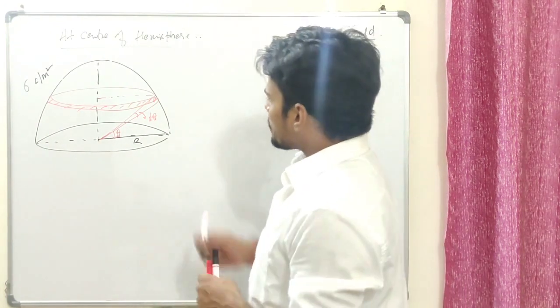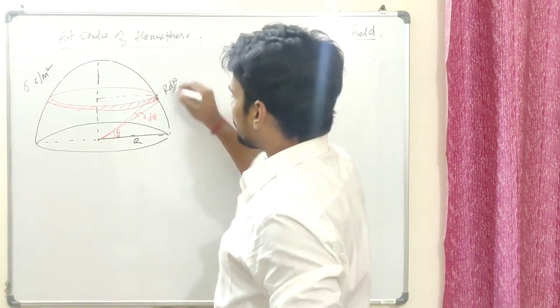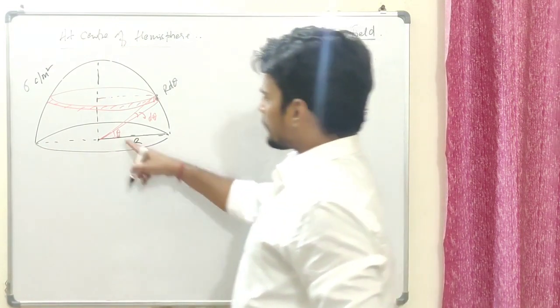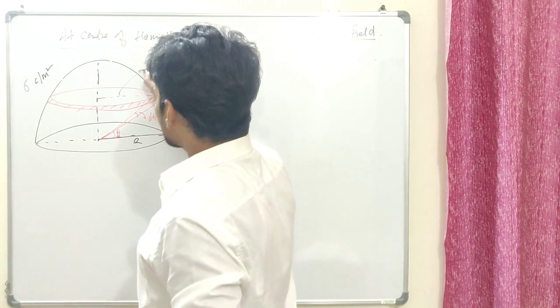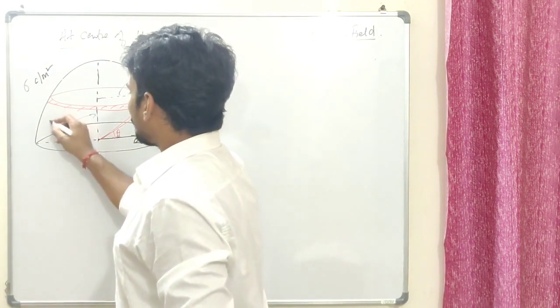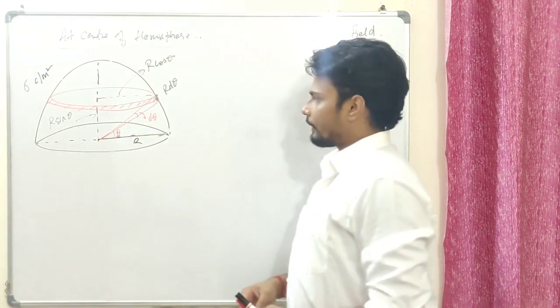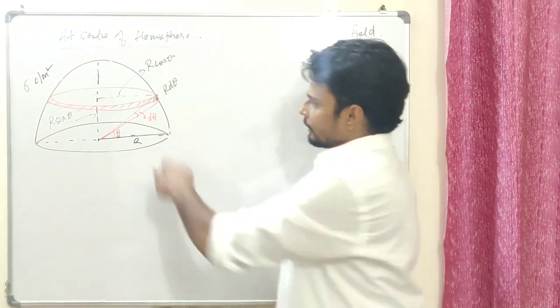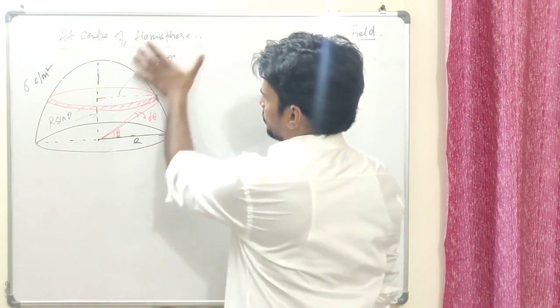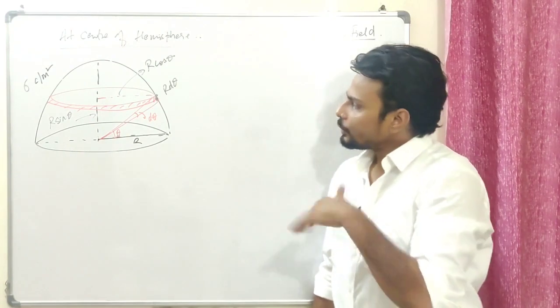Then this length, this part should be r d theta. If it is theta, this is going to be theta, so this part is going to be r cos theta, and this part, I hope you guys agree, should be r sin theta. Pause the video and understand if you have any sort of issues with this. Theta, parallel, cos theta, sin theta, those are all components of that, right? Now I'm done choosing the elementary particle.